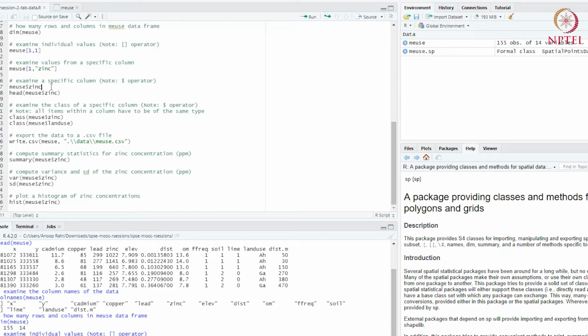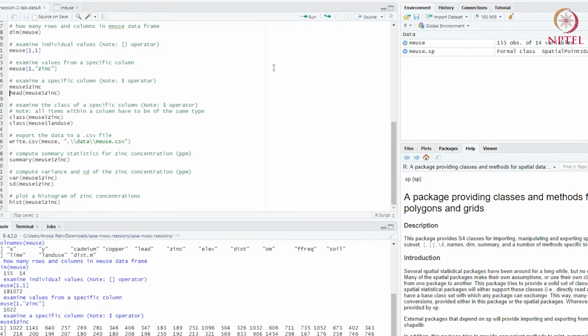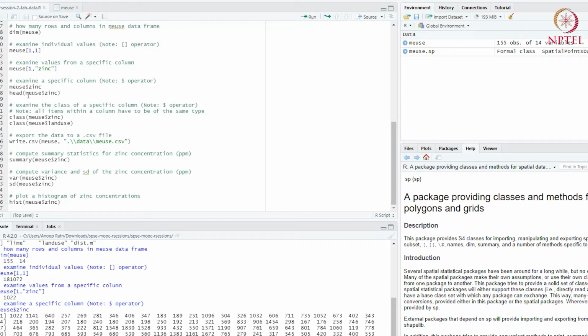You can also access individual columns using the dollar operator. So if I run this, it basically prints out the whole zinc column. And if I just want the first few values, I do head. So I'm combining the head function with the dollar operator to look at the first few values inside the zinc column, right?